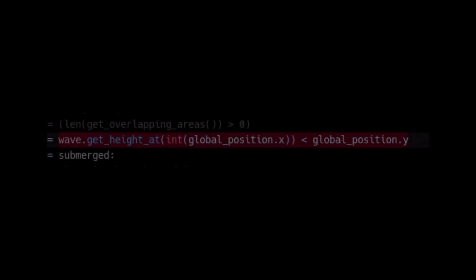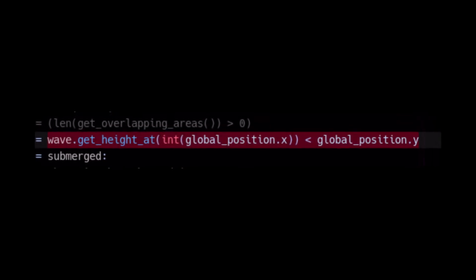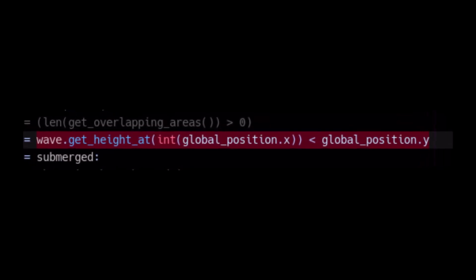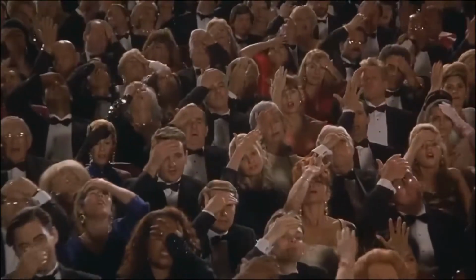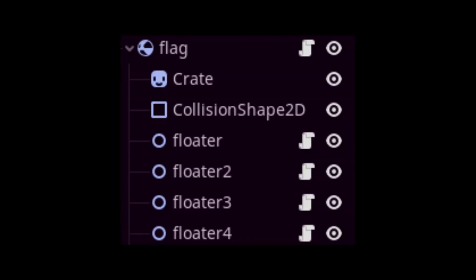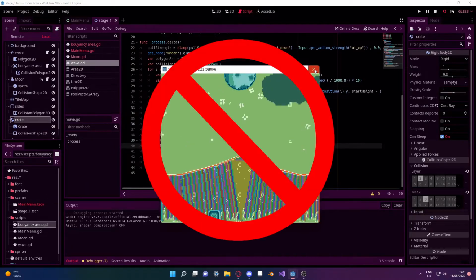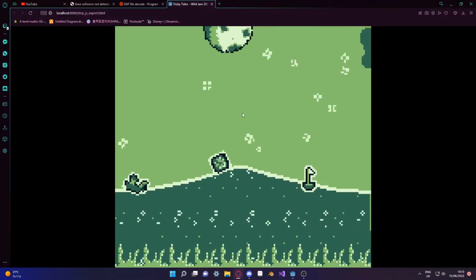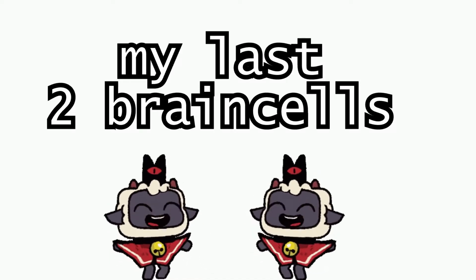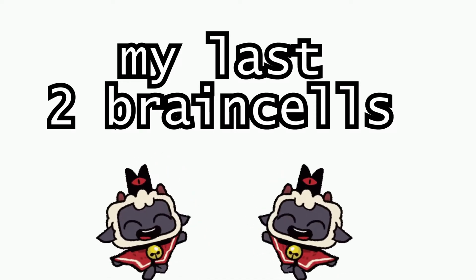And that's when it hit me. If I'm already sampling the height of the wave, then why don't I just see if the y position is less than the height of the wave? No more collision detection. No more ridiculously complicated collision polygons. No more problems. So after losing a large portion of my sanity, it was time to work on some buttons,